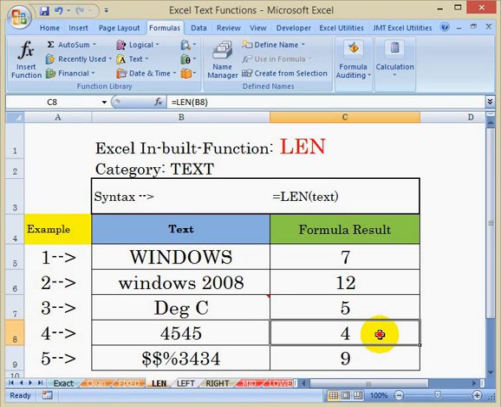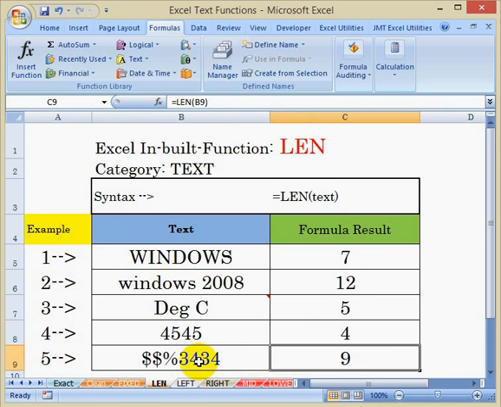It confirms that. In example number 4, sometimes you can give the text as numbers also, but it is counted as text and it gives the number of characters present in that string. In the text argument you can give even numbers, alphabets, alphanumerics, or a combination of anything.